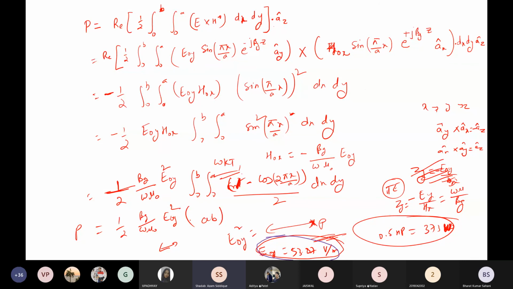So you just try to find out. This you can substitute from here. Substitute this value in the equation. So E naught y you can get 53.87 kilovolt per meter. This is the problem which we have taken from the Samuel Liao book. You should go through this book, Microwave Devices and Circuits, of which I provided you the PDF also in the WhatsApp group. It is on page number 115, example 4-1-2.